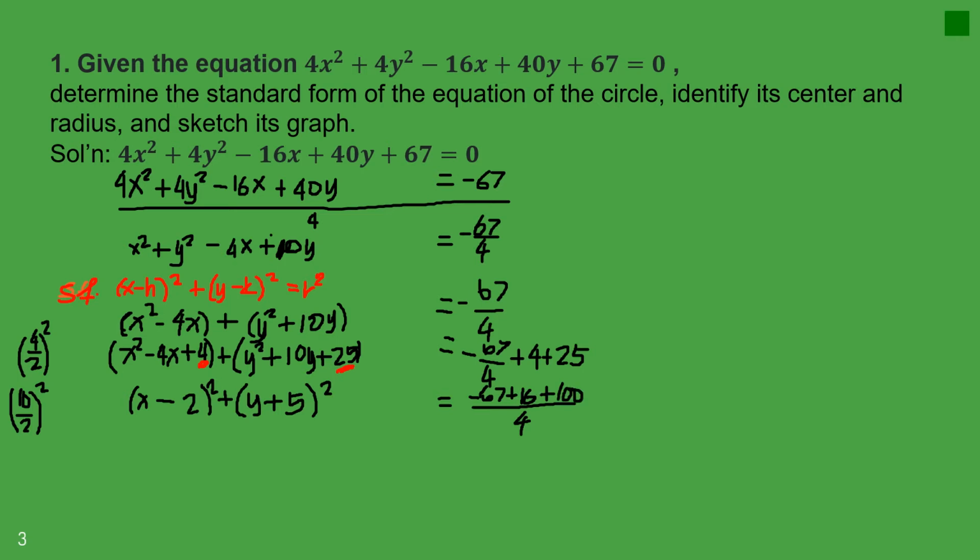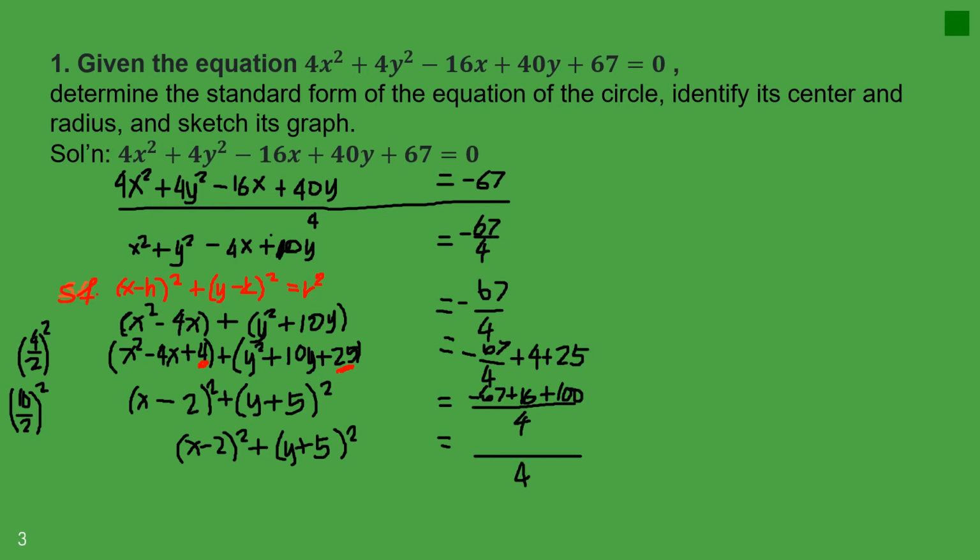Okay, and we simplify that further, and so we have here x minus 2 quantity squared plus y plus 5 quantity squared equal to, this is over 4,